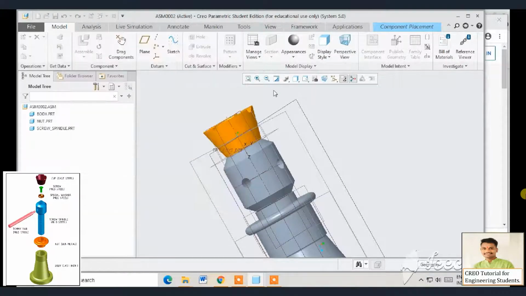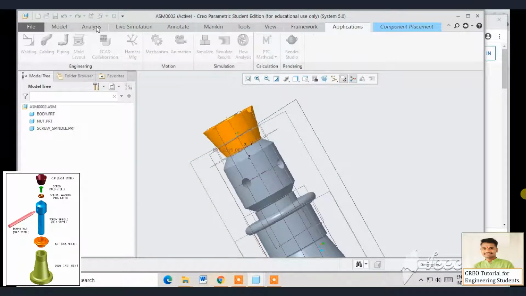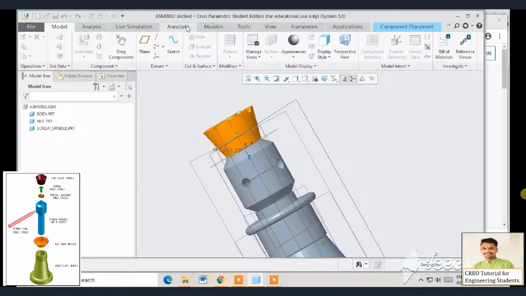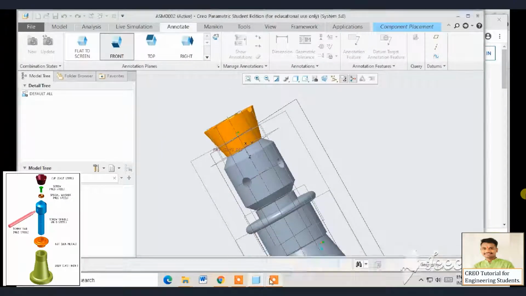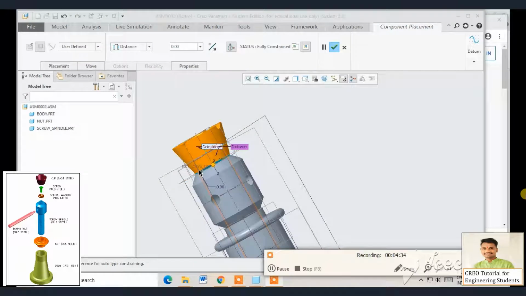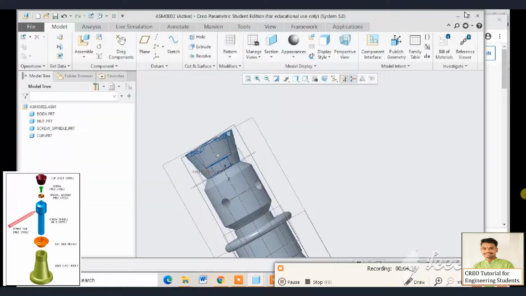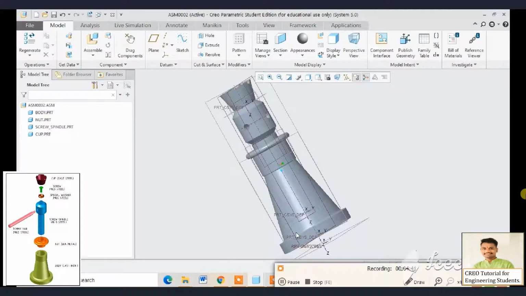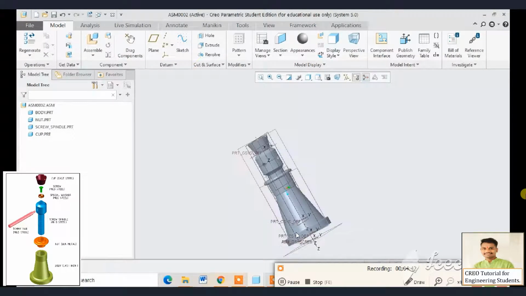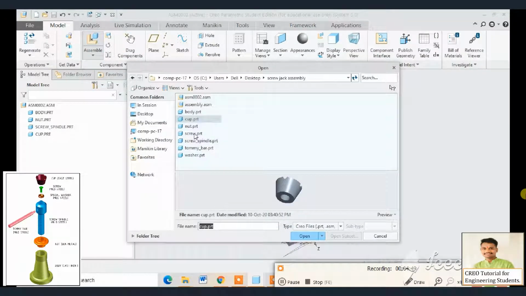Now students, we are going to assemble our fifth part, that is the Tommy bar. If you see the drawing in the left bottom side, you will see the procedure of assembles. For this, select the assemble command, go to assemble, select the part that is the Tommy bar and open.